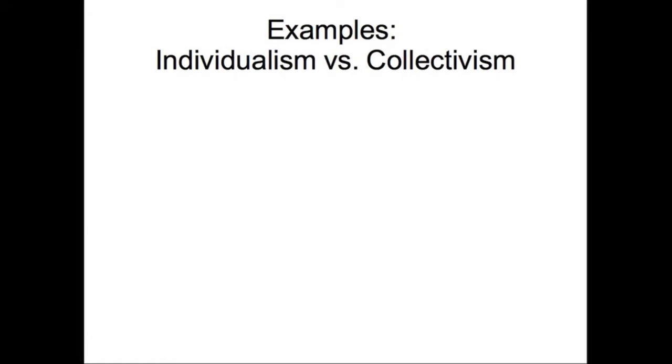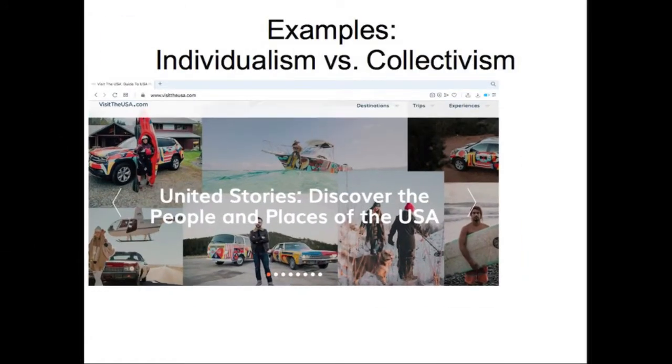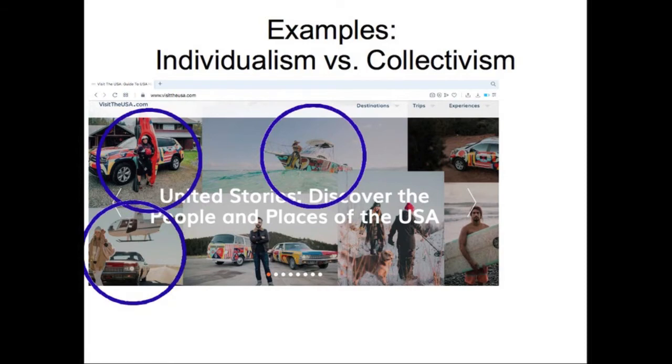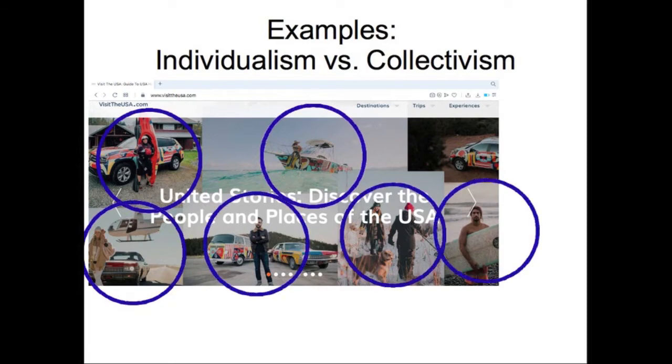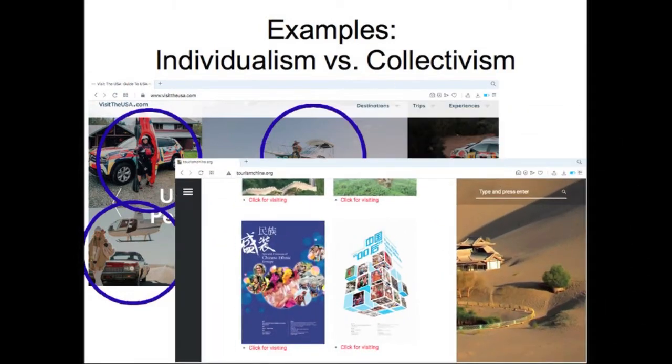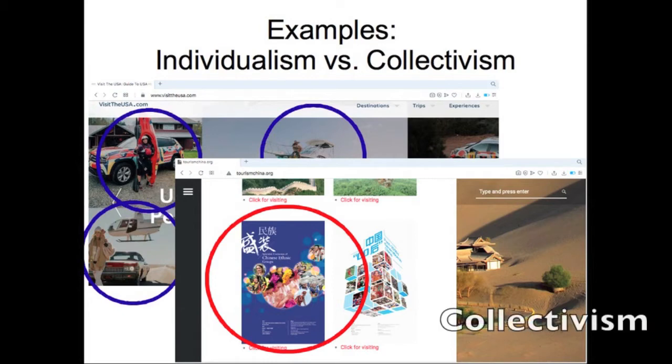The next examples show the dimension of individualism and collectivism on the website. The website dedicated to tourism in the USA highlights the possibilities for individuals. We can see on almost all pictures that there are single persons shown. So there is a clear demonstration of individualism being stronger than collectivism. However, on the Chinese website of a similar type, we see pictures of many people together demonstrating the importance of being in the society. In other words, collectivism is stronger there. Individuals are not so important.